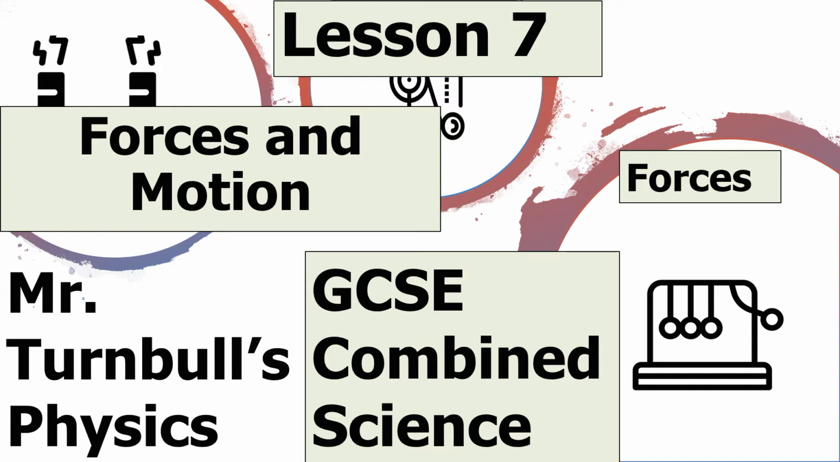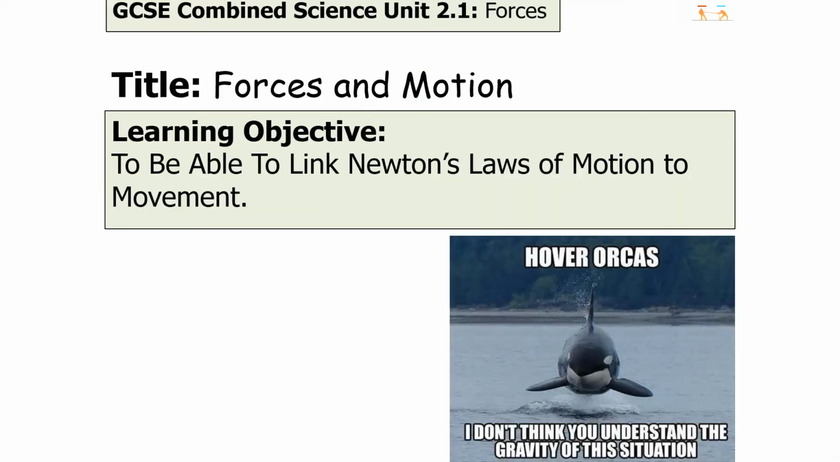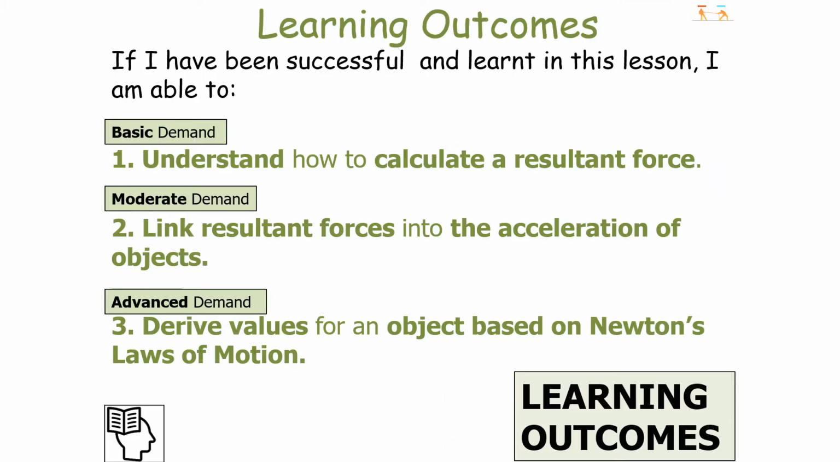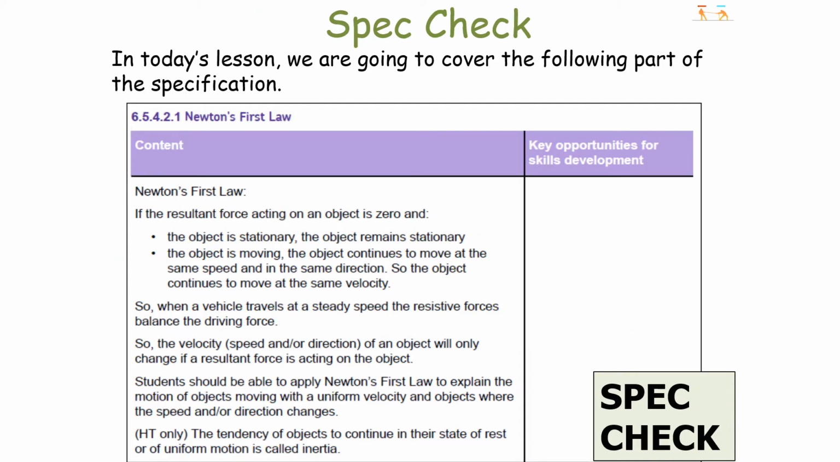Hello and welcome to today's lesson on forces in motion, which is part of the forces topic in GCSE Combined Science Physics. So in today's lesson we're going to look at linking Newton's laws of motion to movement. If we've been successful and learnt in this lesson, we should be able to understand how to calculate a resultant force, link resultant forces to the acceleration of objects, and derive values for an object based on Newton's laws of motion, which links into the following part of the GCSE Combined Science Physics Specification: